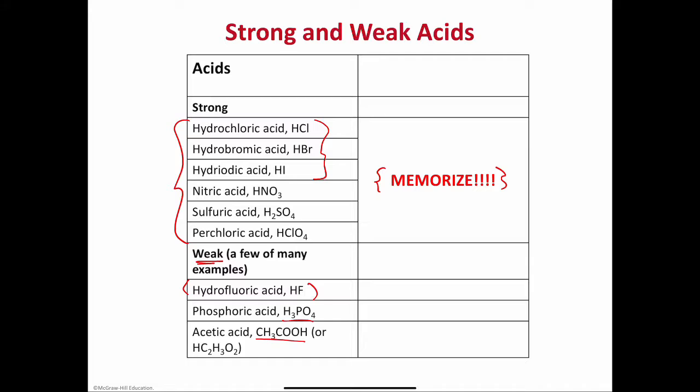And acetic acid can be written a couple of different ways. This is called a condensed structure, a condensed formula. It tries to show you a little bit about the structure of the molecule. This is another way of representing that. Sometimes it's written as CH3CO2H. Either way, these are all just different ways of representing acetic acid, which is the main component found in